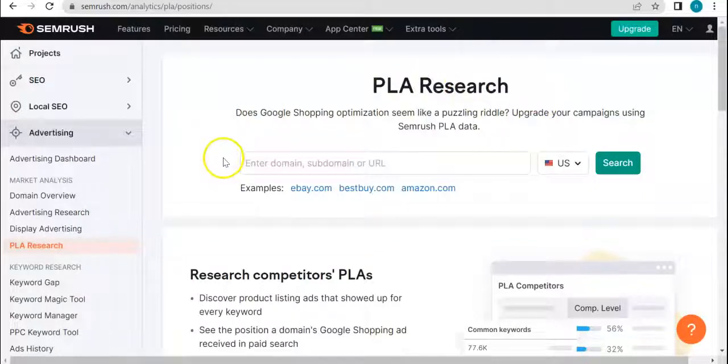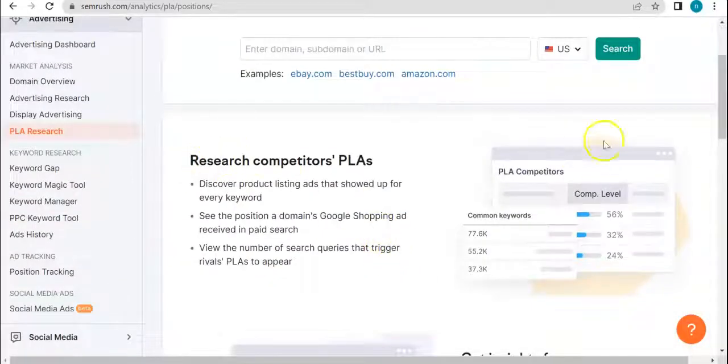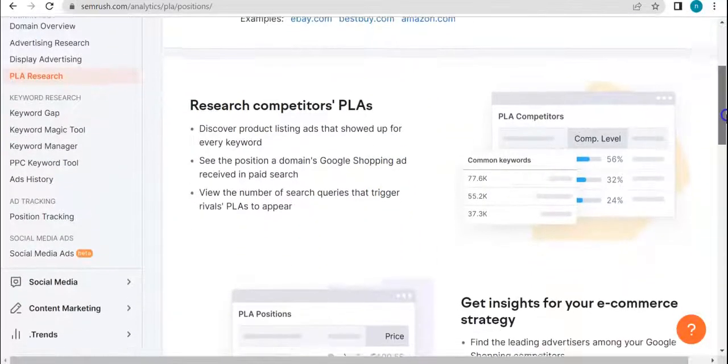PLA, or product listing ads, is essential when you're doing business online. So you would want to familiarize yourself with this, and there's no better way to do that than by utilizing this tool from SEMRUSH. PLA Research is kind of like an optimization to upgrade your campaigns using the SEMRUSH PLA data. So quickly now, let's go through a bit more in detail about what this tool is and what we